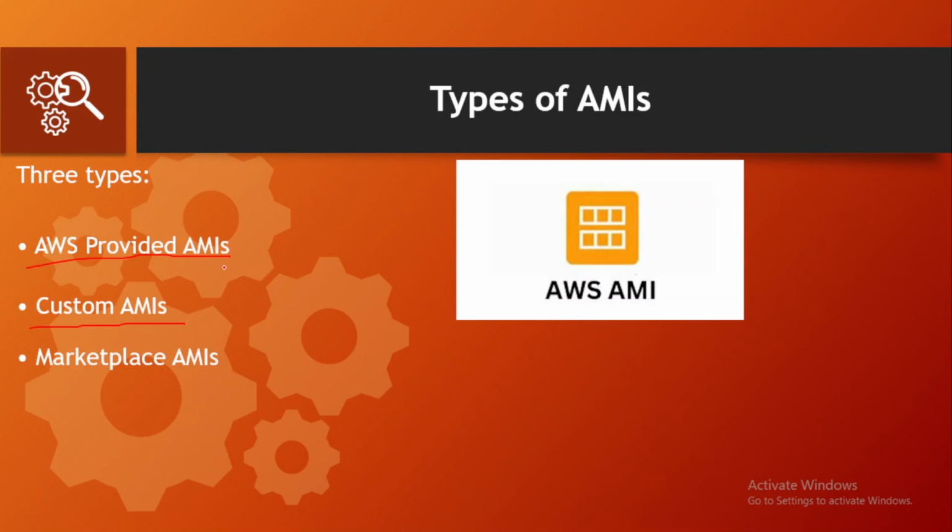And the third type of AMI is marketplace AMIs. These are AMIs available in AWS Marketplace. They usually contain pre-installed software like WordPress, databases, security tools, enterprise applications. Companies often use these to deploy solutions quickly. For example, I want an EC2 instance with Nginx or something like Docker or something like WordPress already installed in it. So I use that particular AMI, which will be available in Marketplace AMI.